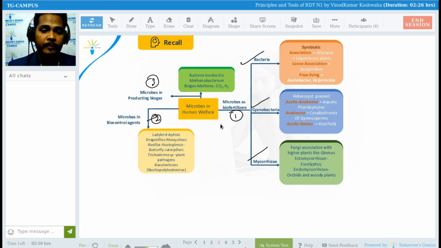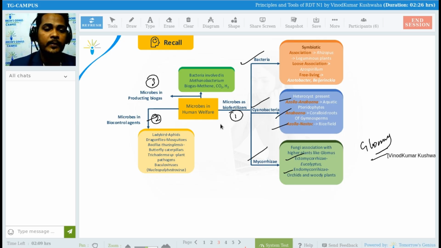Another one, you can see the cyanobacteria, which include the heterocyst present. Without that, heterocyst has a capability to trap the nitrogen from the atmosphere. So that cyanobacteria, then Anabaena and Azolla. In case of mycorrhiza, we studied about the ectomycorrhiza and endomycorrhiza, especially